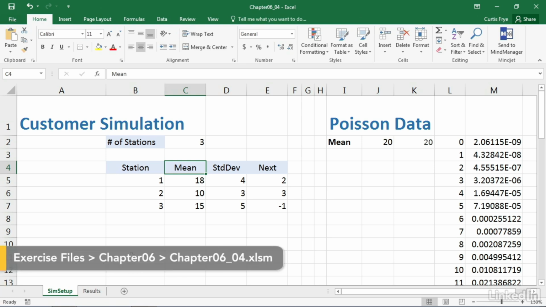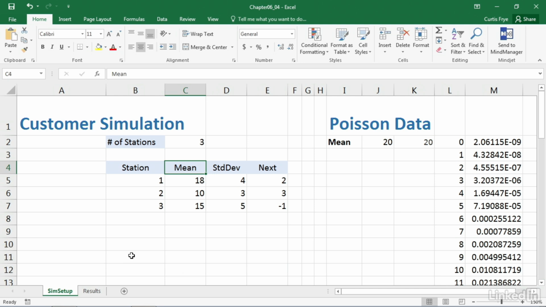One of the elements of Excel tables that I use a lot is the total row. You can add a total row to your table and use it to summarize values in a column, such as finding the sum of all processing times or the average time that customers spend waiting within the system. In this movie, I will show you how to add the total row and change how it summarizes your table